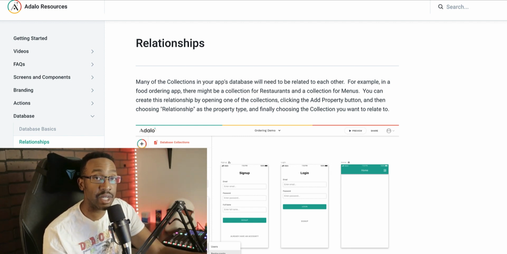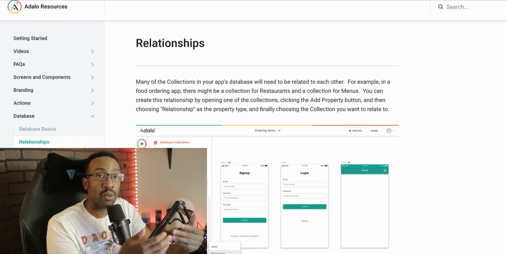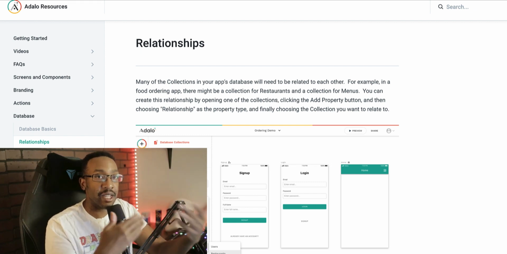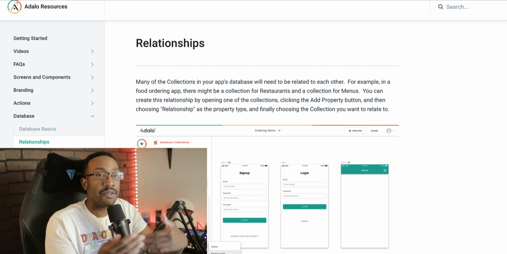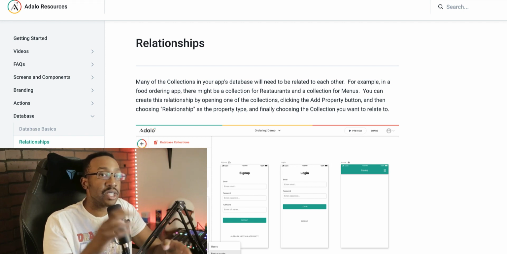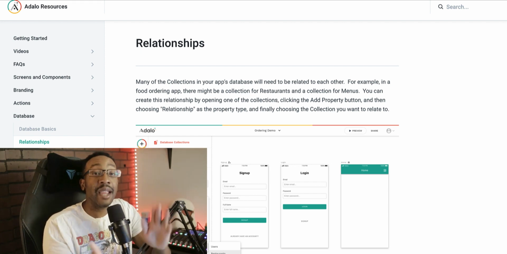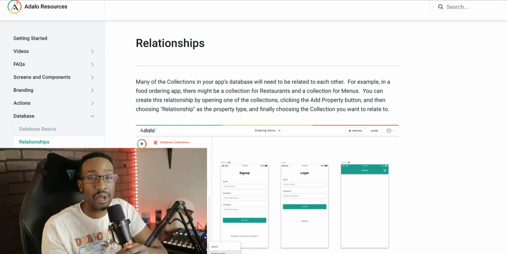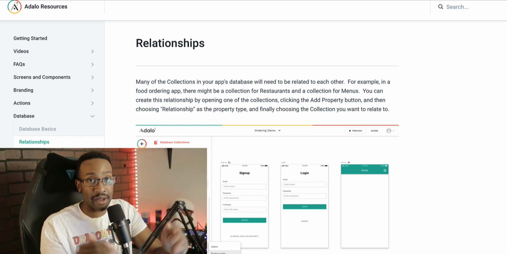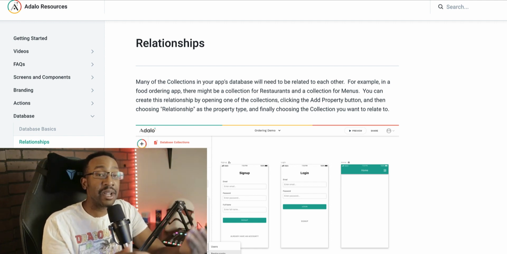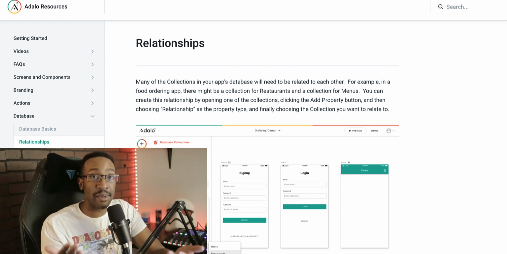What are relations? Relations have to do with how the database interacts with each other. For example, if you have a one-to-one relationship versus a one-to-many relationship. A one-to-one relationship has to do with like if one thing matches another. For example, this type of lightsaber is associated with a certain type of Jedi or Sith. Red lightsaber, we know it's going to be a Sith. This lightsaber has to do with Darth Vader. This lightsaber has to do with Darth Sidious. This lightsaber has to do with Darth Maul.